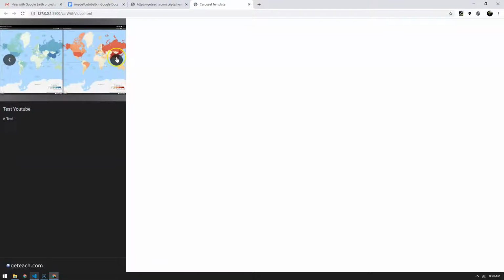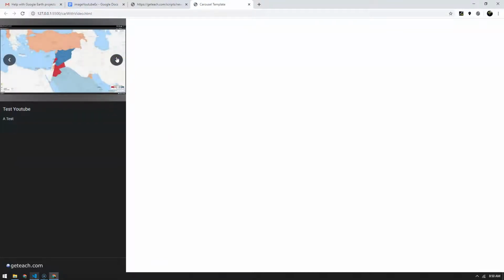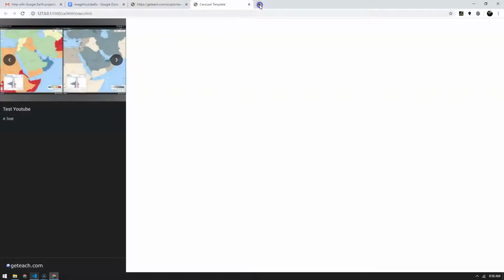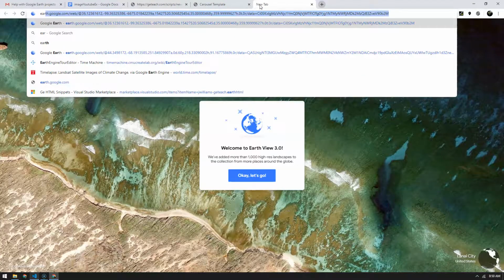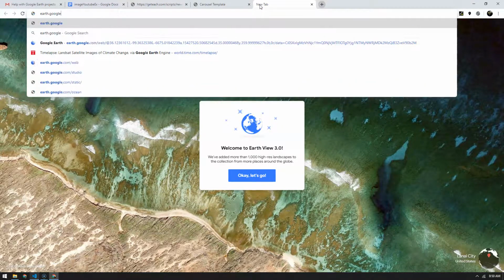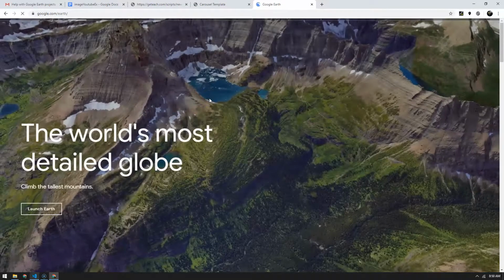So there's my first image, there's my second image, there's my third image, but you see how it has the play button on it now, so people know to click it. And then there's my fourth image. Right. And then the way it looks like in Earth, the way it'll look like in here